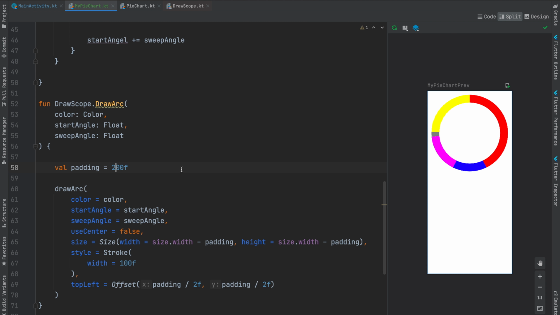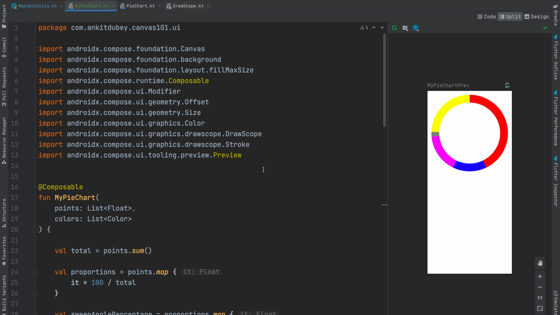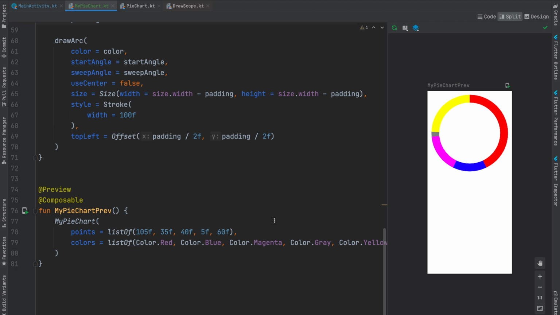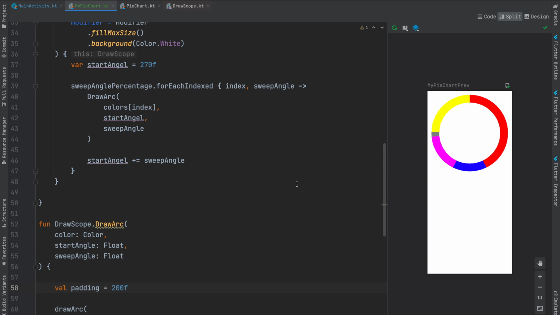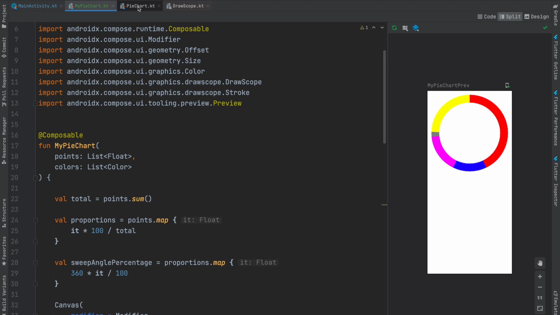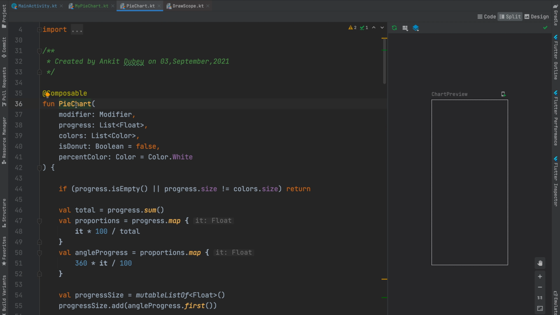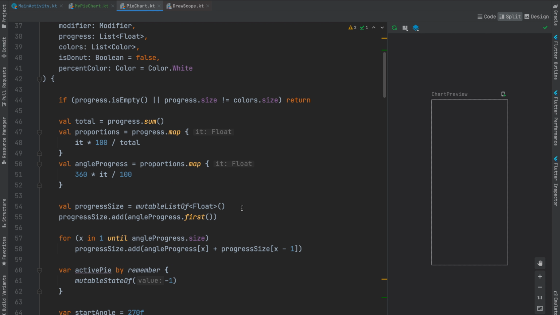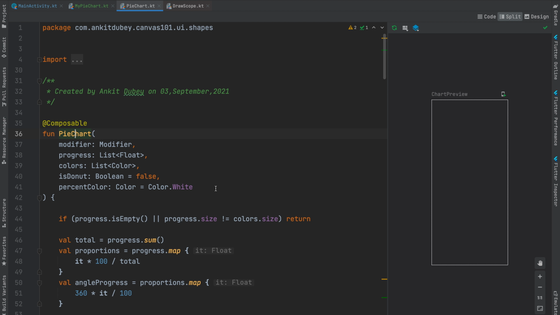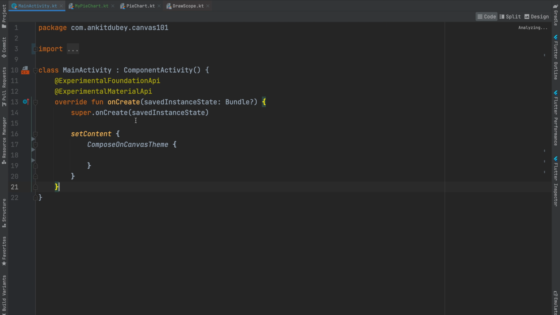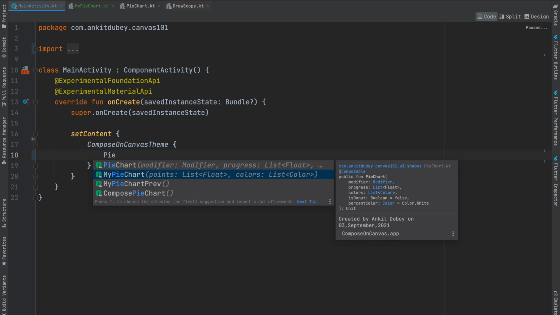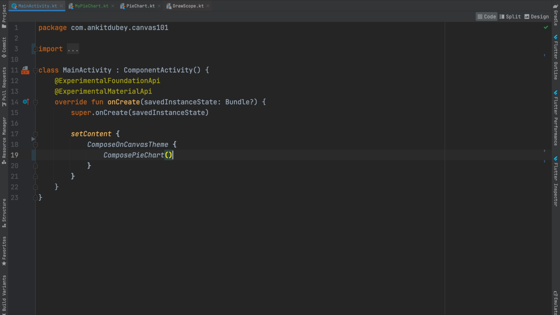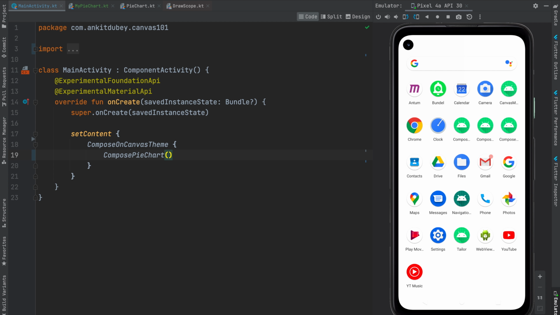Okay, so this was the basic thing in a pie chart or donut chart, whatever you call it. But I have a slightly more complex example of this in my pie chart. I have shared this on GitHub. I will share that GitHub address in the description. Let me run this screen so that you may have a better idea. ComposePieChart. Perfect. If I run this,